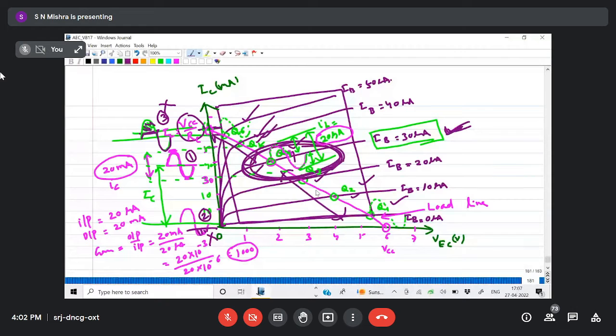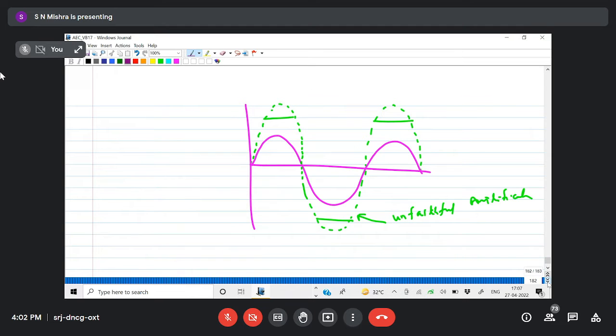So for choosing this IB 30 microampere for this example, or at the center of load line, we have to choose the voltage and resistance. So proper choosing of voltage and resistance to operate the transistor in active region is called biasing. Okay, so if you go to the definition,